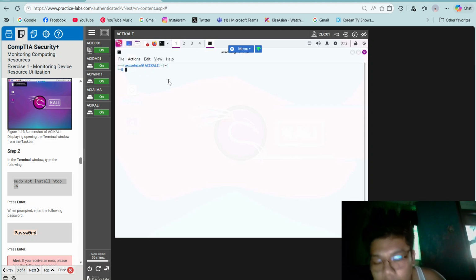So it's not copying and paste. So sudo apt install htop -y. So password,